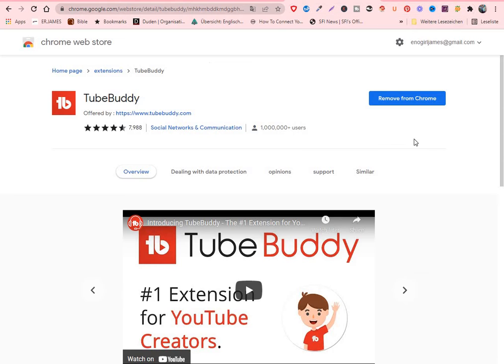I'm not going to go through that. It's essentially the same process. So just do the same thing for vidIQ so that you have the extension of vidIQ, the extension of TubeBuddy, and Keywords Everywhere. Those are the 3 free tools that I normally use to